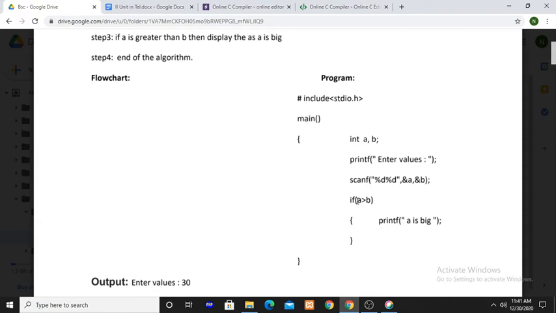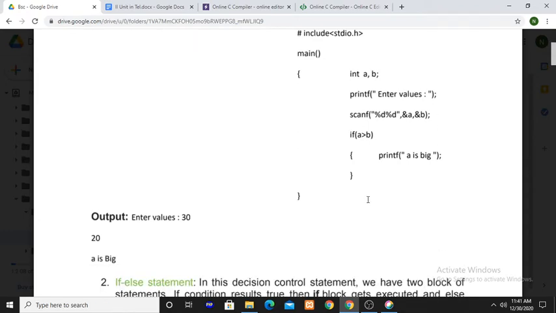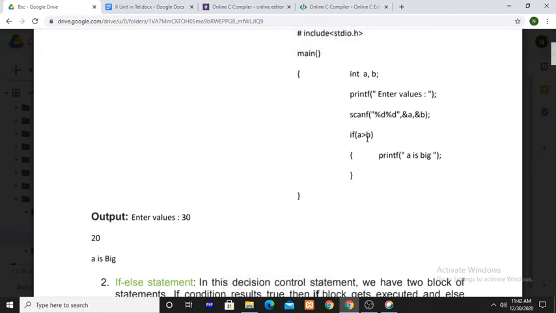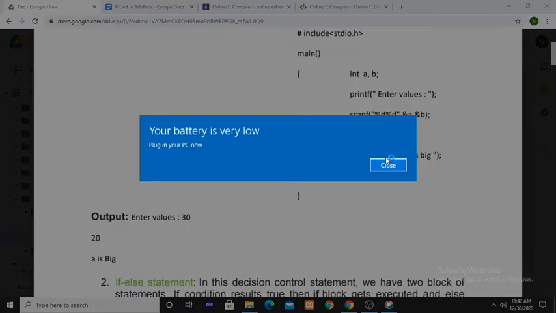In the if condition, within the parentheses, what you have written is A is greater than B. In the output, A value is 30, B value is 20. 30 is greater than 20. Yes, so this condition is true.